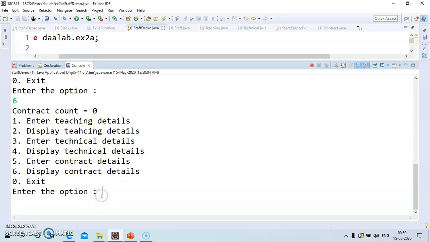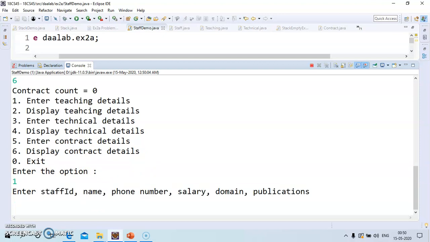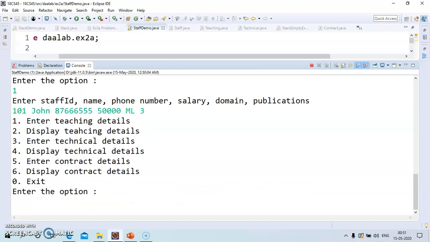So now first I will enter the teaching details. See, like this. I will enter 101 and name I will enter as John, some phone number, salary, domain, machine learning, and publications 3. Okay.